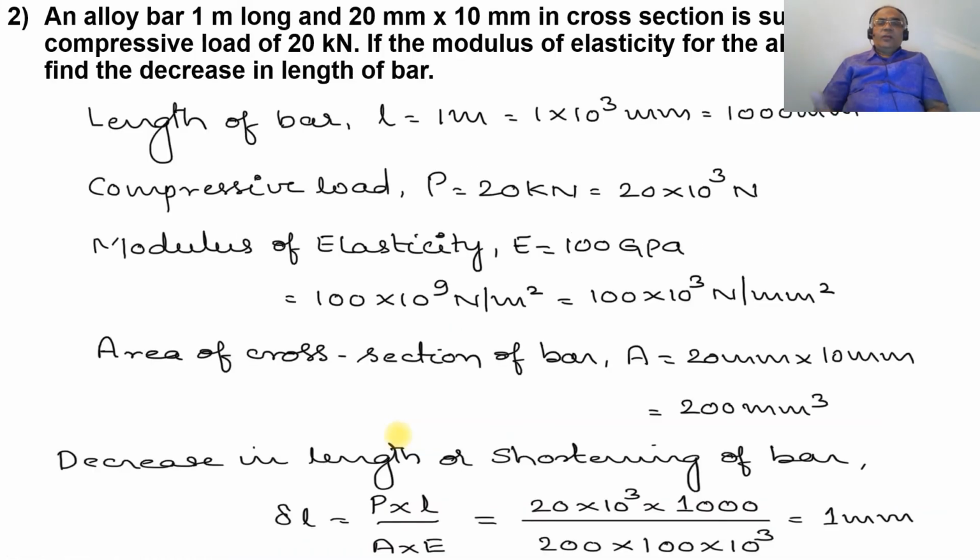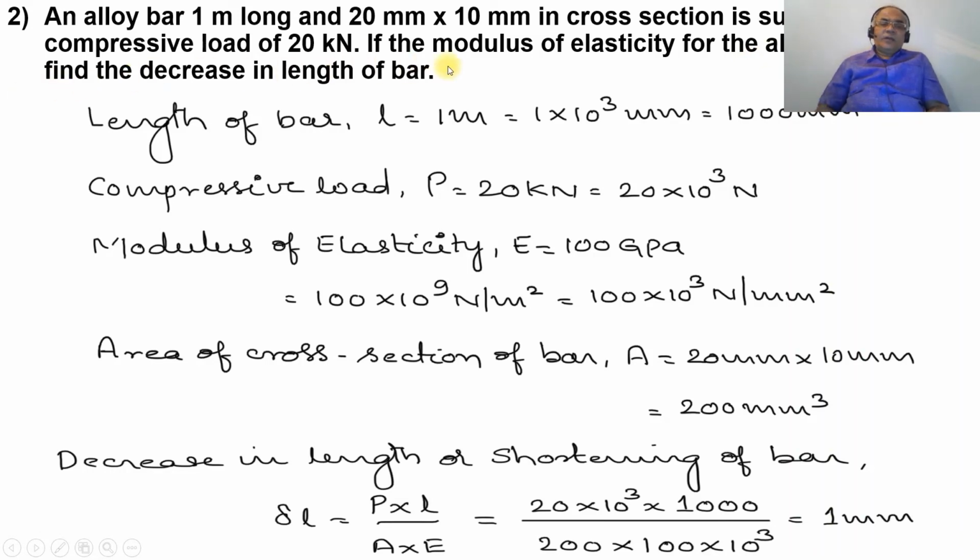So now we go for one more problem on this. An alloy bar of 1 meter long, this is the second problem, and 20 mm by 10 mm in area of cross section, so here the cross sectional area is rectangular, is subjected to a compressive load of 20 kilonewton. If the modulus of elasticity for the alloy is 100 GPa, find the decrease in